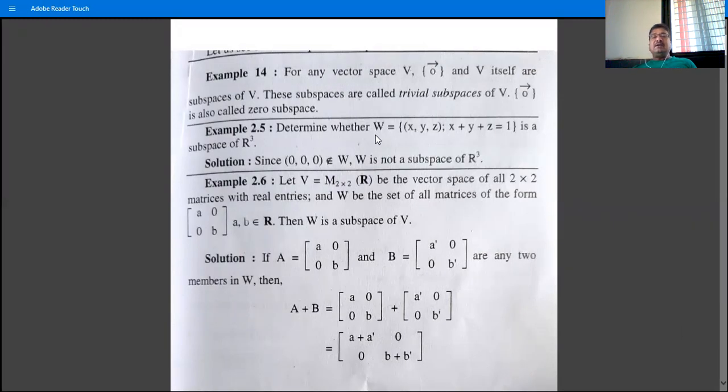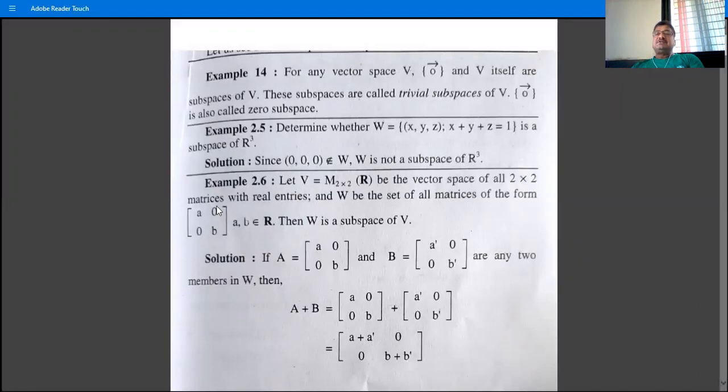We can give a counter example for any one condition, or we can also give the answer to this example in just one sentence: (0, 0, 0) does not belong to W. Why? Because 0 plus 0 plus 0 is not equal to 1. It is not an element of W, and therefore W is not a subspace of R3. Actually, when W is a subspace of R3 by using the definition, W is